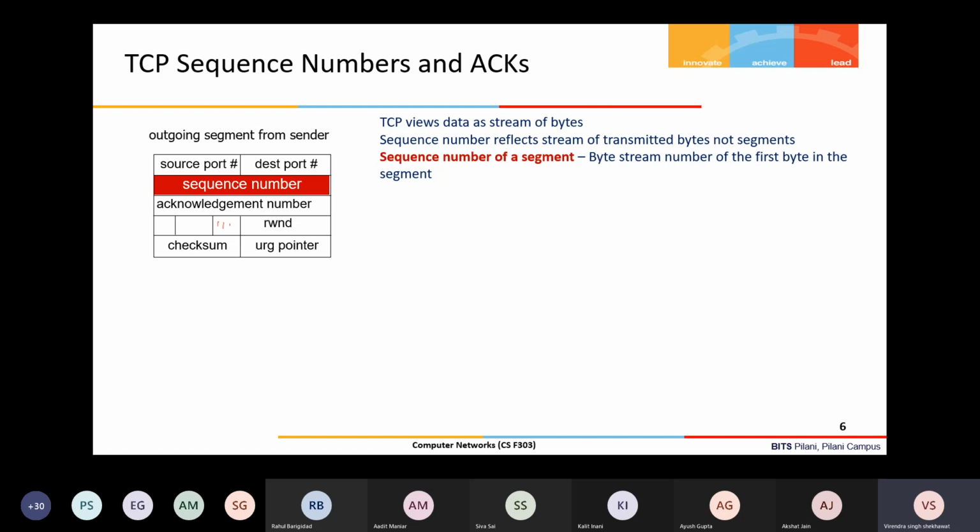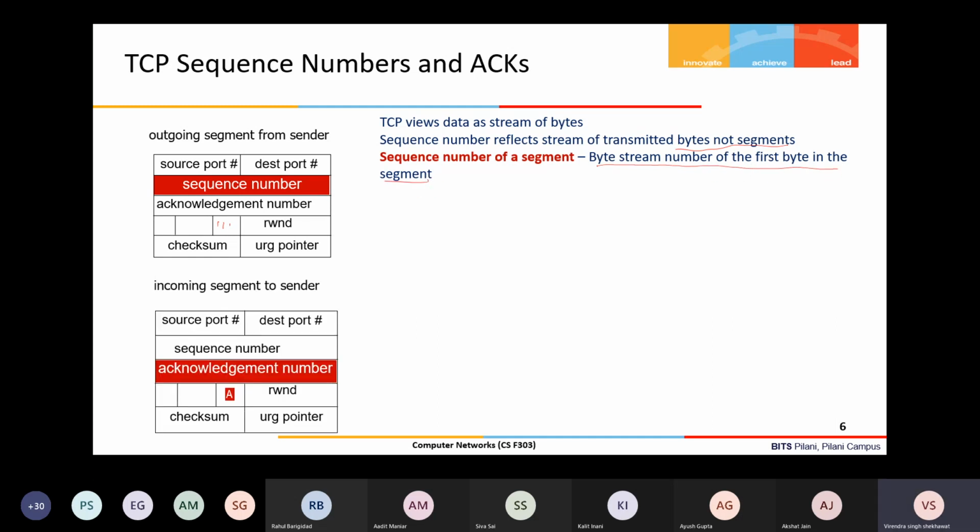As I said, TCP views data as a stream of bytes, and the sequence number reflects the stream of transmitted bytes, not the segments. The sequence number added into the sequence number field of the segment represents the byte stream number of the first byte in the segment.